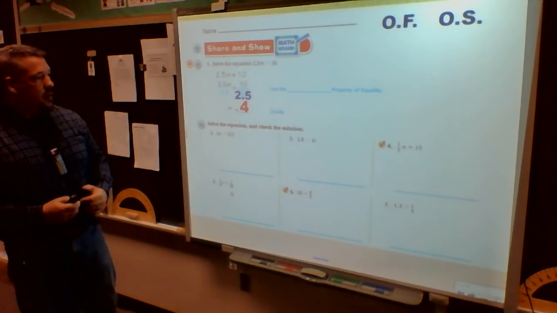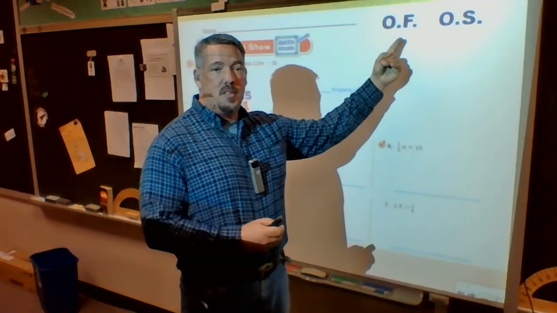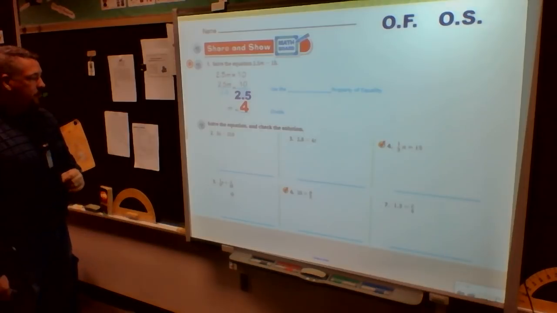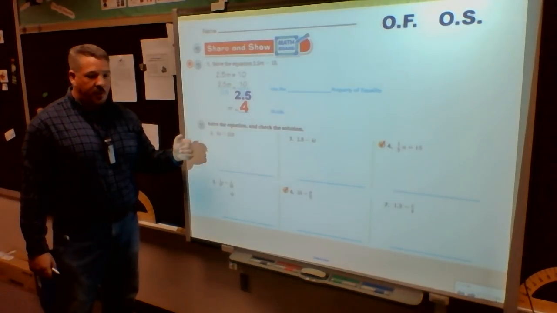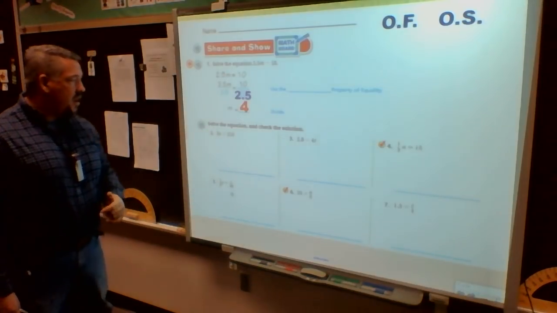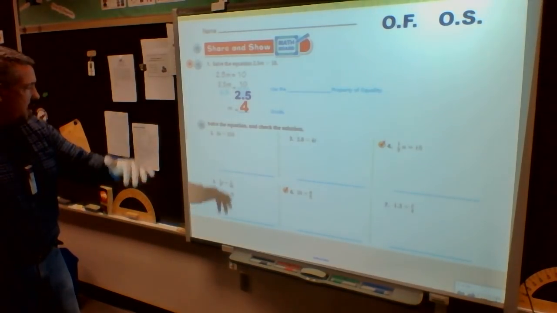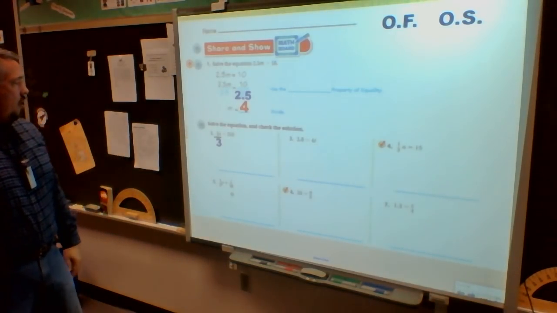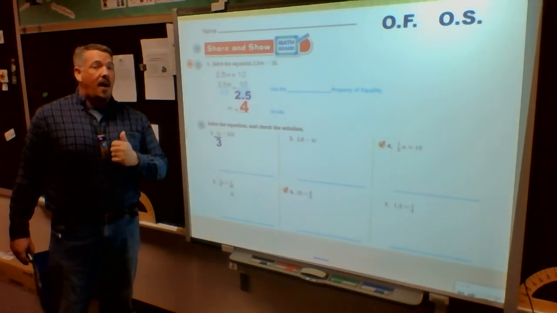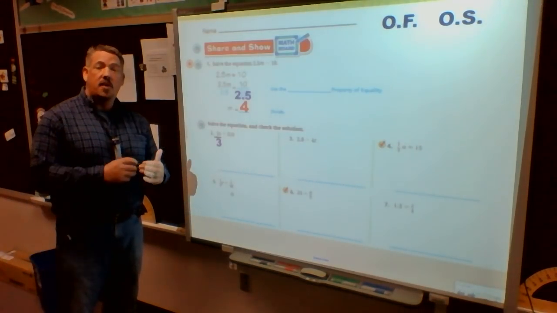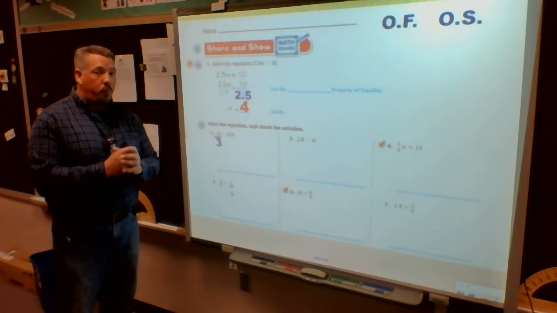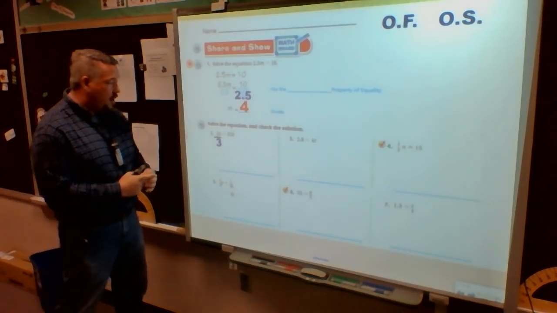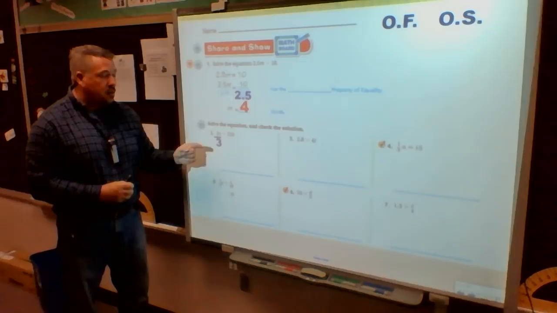3x equals 210. I'm not going to have my arrows anymore, but I'm still going to keep this up here. I'm going to do my opposite function. Then I'm going to do it on the opposite side. Then I'm going to do the math to find the work. Starting with 3x, a coefficient of 3, a variable of x, constant of 210. I have the equal sign, which tells me it is 210, but I have to solve. My opposite function. I am multiplying, so I'm going to divide. Once again, I don't divide by a 3x. I have to keep my variable where it is. That's the whole point of this lesson, and it's what you'll have to do from this point forward in your educational career. X by itself is gotten because I'm going to divide by 3.